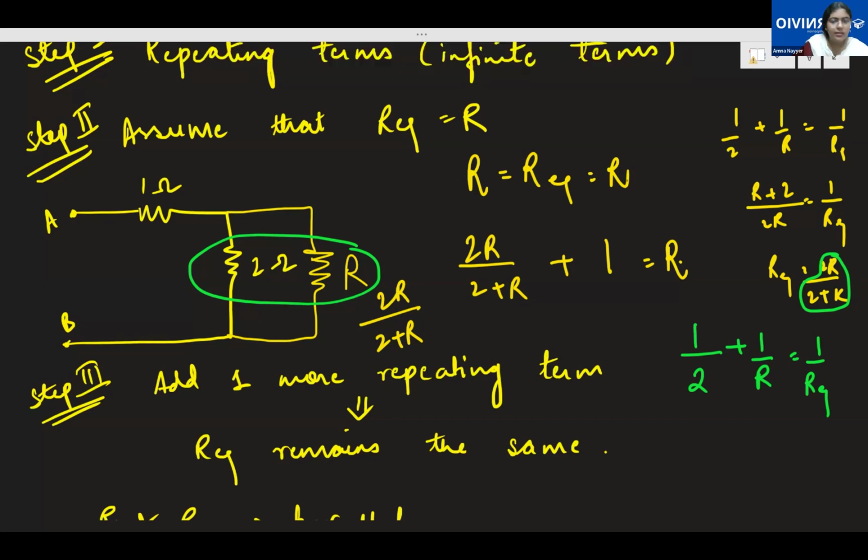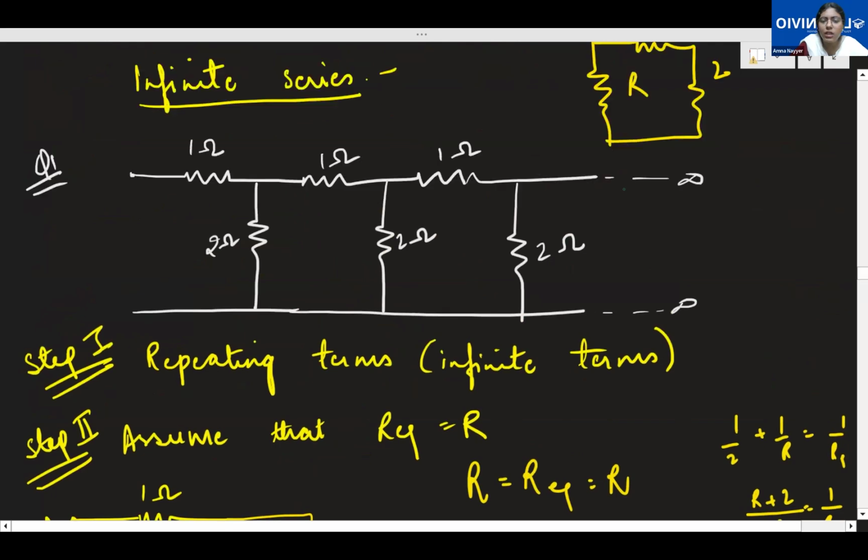Yes, ma'am, it's clear. That completes the current electricity part 2. Just take the screenshots of a few things and